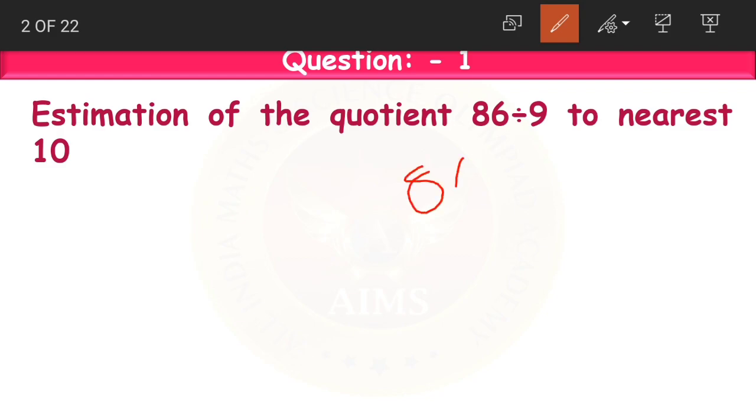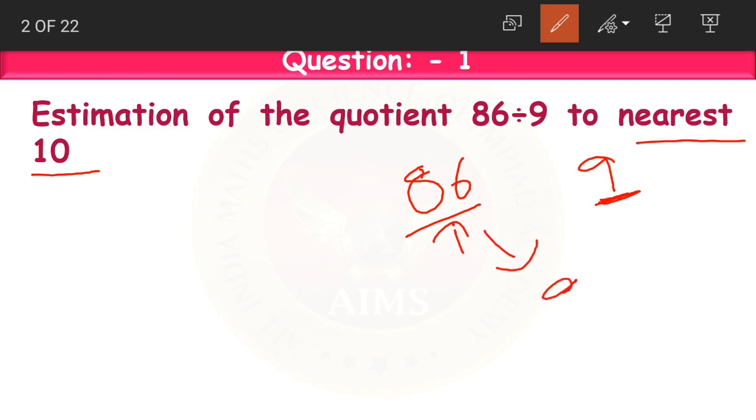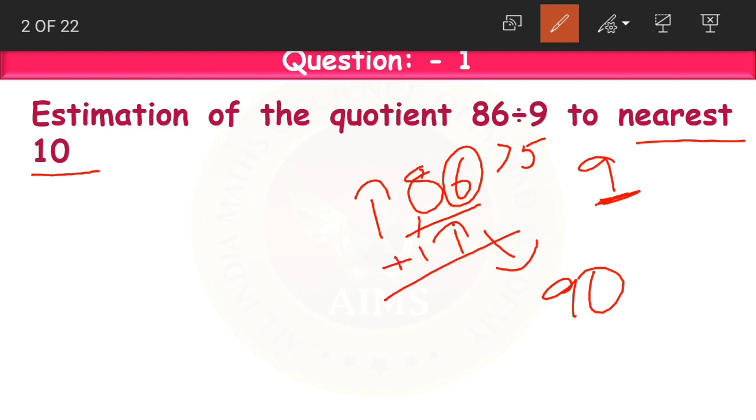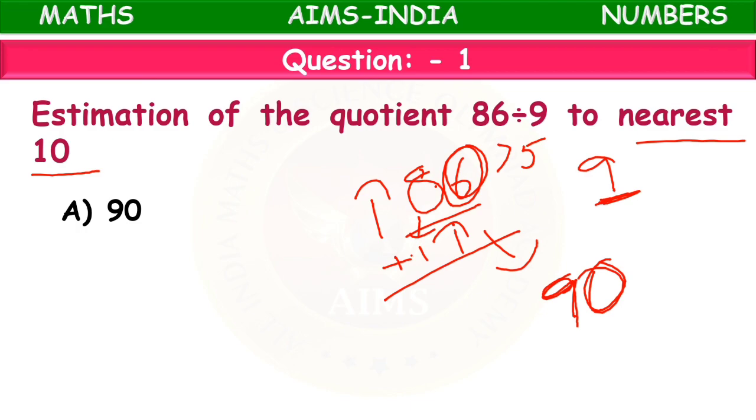Now if you look at the given numbers 86 and 9, 9 is already a single digit, so it is easier to calculate with it. So we'll not estimate 9, we'll just estimate 86 to the nearest 10. Now 86 estimated to the nearest 10 becomes what, students? It becomes 90. How? See, 6 is in the ones place, it is greater than 5, so we'll round up, that is add 1 to the digit in tens place. 8 plus 1 becomes 9 and replace the digit in ones place with 0. So 86 becomes 90 when rounded off to the nearest tens.